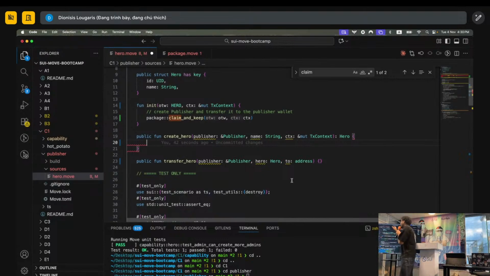The package module gives us this claim and keep function to create publishers and transfer them to the sender. So now our sender has a publisher object. If we were to look at our wallet and see the asset called publisher, its type would be